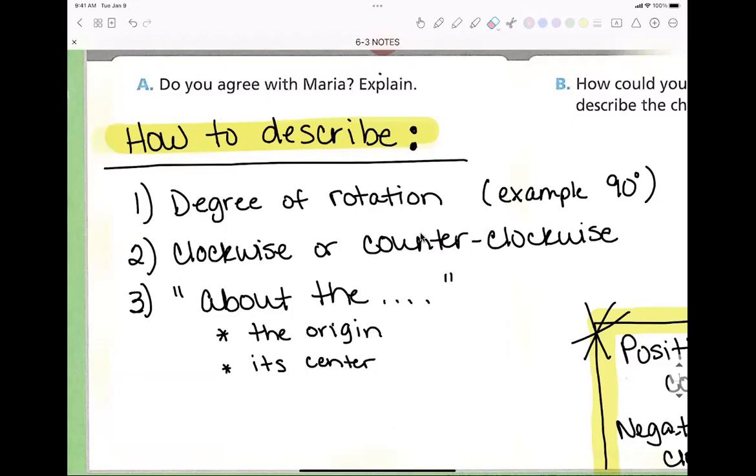All right, so when you are asked to describe a translation, you use words like up, down, left, right. When you're asked to describe a reflection, like our jump start, you say it reflects across the, and then you state what the line of reflection is. When you're asked to describe a rotation, a lot more goes into it, okay? You have to say how many degrees, okay? 90 degrees, 180 degrees. You have to say whether or not it's going clockwise or counterclockwise. And then you have to say, and notice about the,